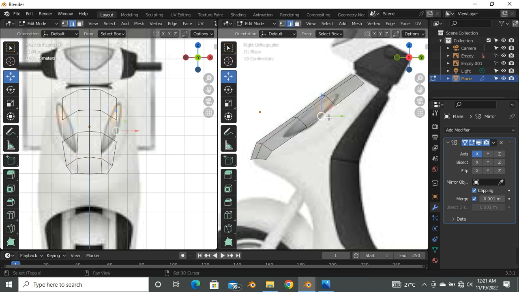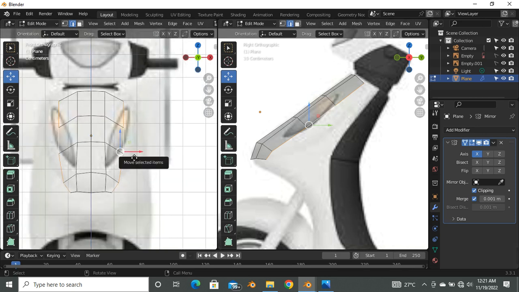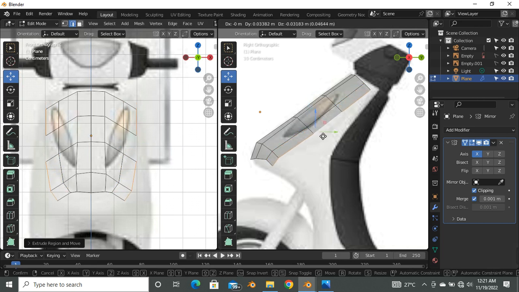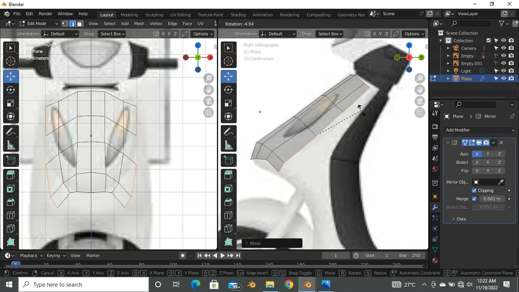Hold Alt, select all this, hold Alt and select all this edge, and I'm going to extrude this again from this point. E to extrude. I will come to my right view also and push these edges backward. So I can rotate, arrow to rotate this, and I'm going to push again